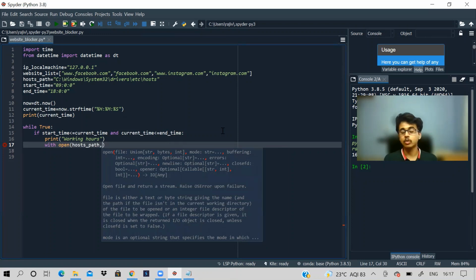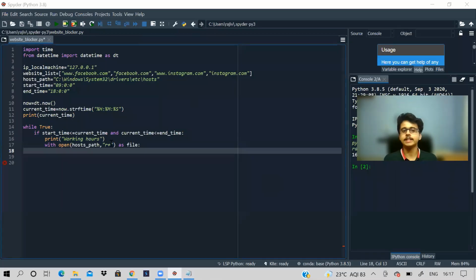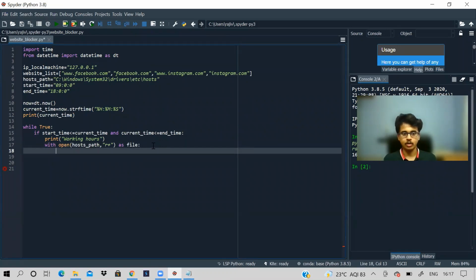And in what mode should we open? We should open in write mode. We can use R+. So you can Google it in Python, how the file handling works, what is the method to use to write to the file? What is the symbol? So please Google it and see what you get. So it is R+. R+ is a mode in which you can read and write. So I'll open the file like that.